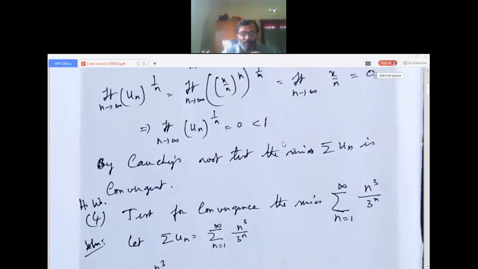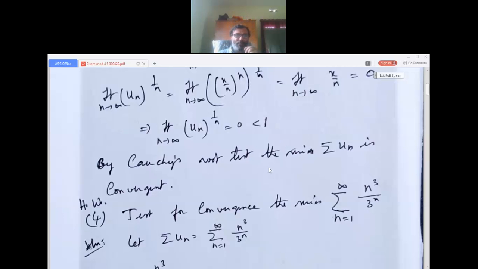We can use, for a problem, both D'Alembert's ratio test and Cauchy's test, whichever is easier for you. But sometimes if they ask in the question to use Cauchy's root test, then you have to use Cauchy's root test. If they ask to use D'Alembert's ratio test, then you have to use D'Alembert's ratio test. D'Alembert's ratio test, we have solved enough number of problems, and you have seen that